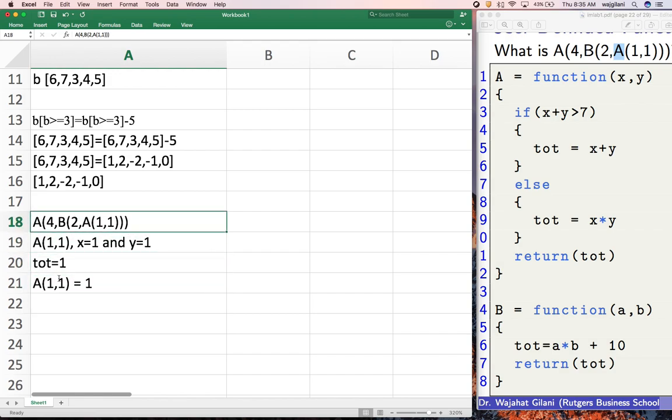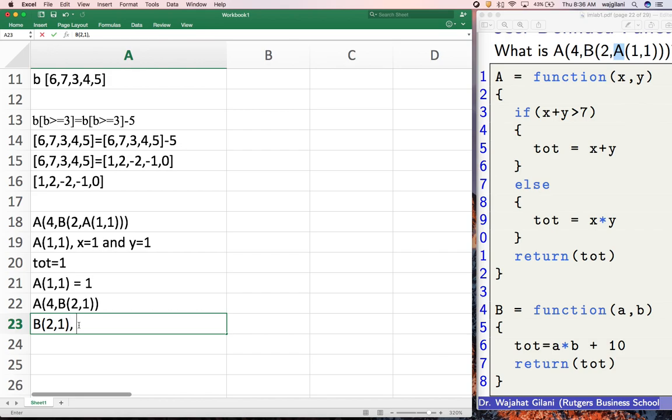So I'm going to come up here now, take this, and replace the A1 of 1 with simply 1. This is what we call simplifying it. And now I have this. Again, I'm going to look for the innermost function there is, and it looks like it's B. Here, B has my open parenthesis and my closed parenthesis, excellent. And within it are two values, 2 and 1. Fantastic. This means that I'm doing B of 2, comma 1,